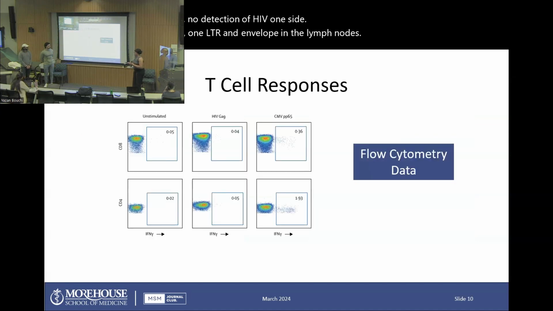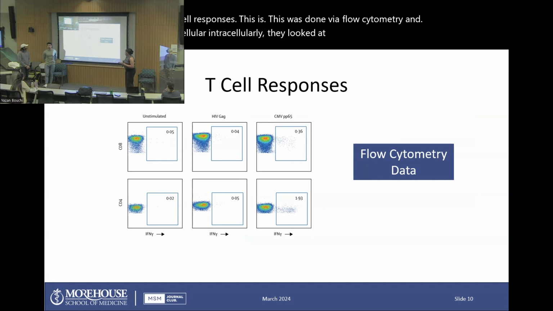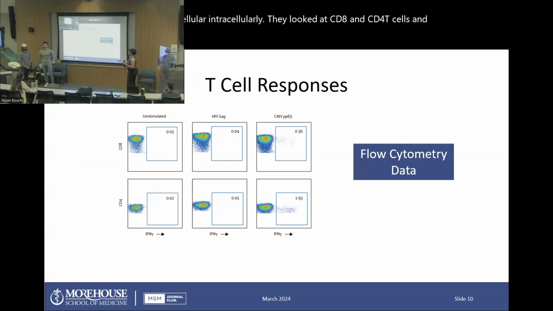So they also studied T cell responses. This was done via flow cytometry and intracellular cytokine staining. They looked at CD8 and CD4 T cells, and essentially this was just to see whether or not HIV was replicating in the body at all. And the most important thing to really look at is,